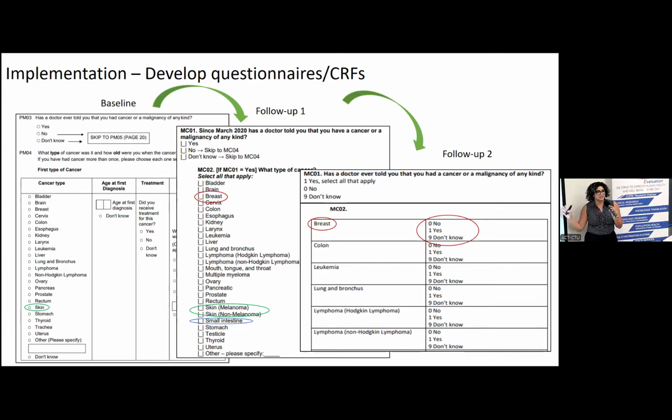However, the fact that they changed it through the life course of the project makes it very difficult to follow the evolution of the patient's data and to manage the data, because the way we manage missing values here is different than the way we would manage missing values when it's a select all that apply. In the first two waves, it's unclear: was the cancer not selected because they don't have that cancer, or because they skipped it, they misread it, they skipped the question altogether? It's not as explicit as saying, no, I don't have breast cancer, right?